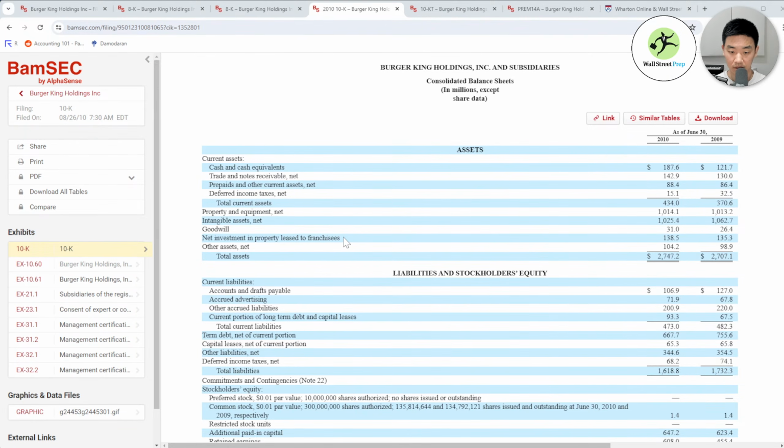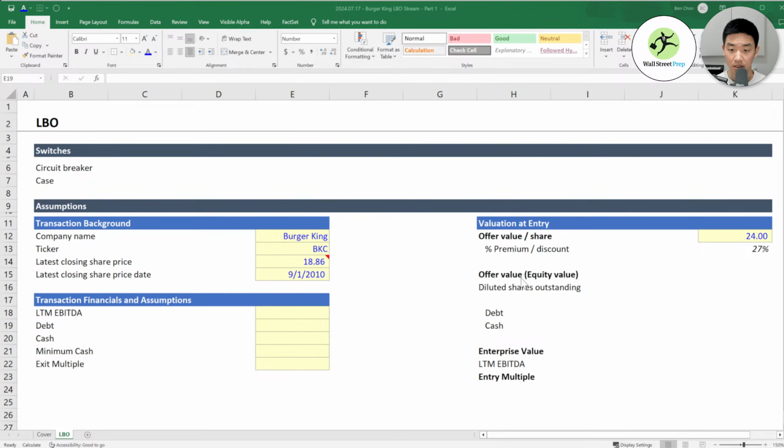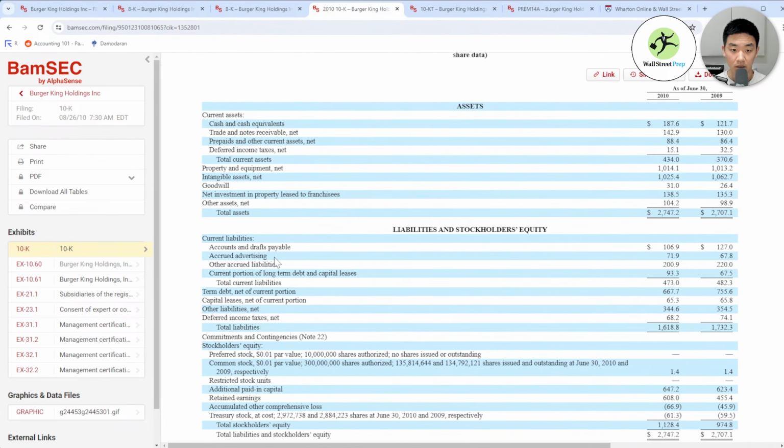So, okay, we need to get our cash and debt figures. So starting off with debt, current portion of long-term debt and capital leases. Capital leases are always a point of contention in terms of whether or not you should add them to your debt. And the way I was taught it at JP Morgan was pretty much never add capital leases to your debt, although it can be argued that you should, and it could also depend on the industry. I was in healthcare, and so maybe that was one reason.